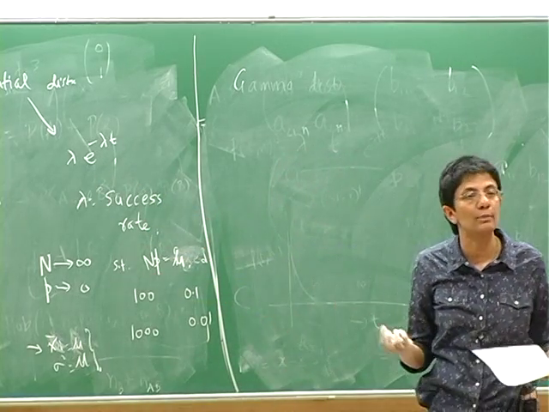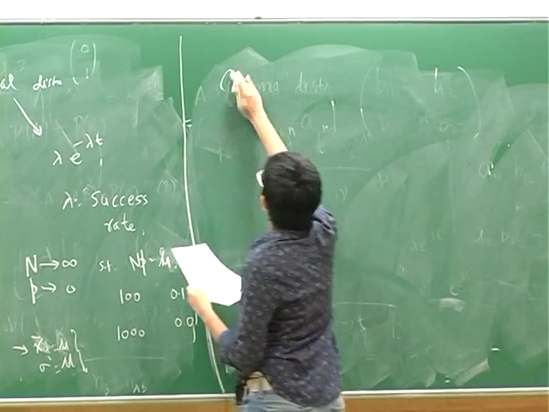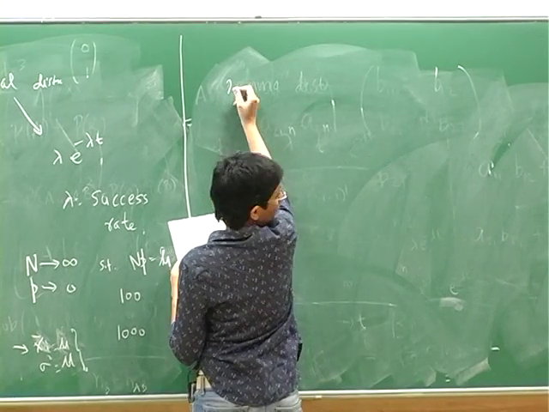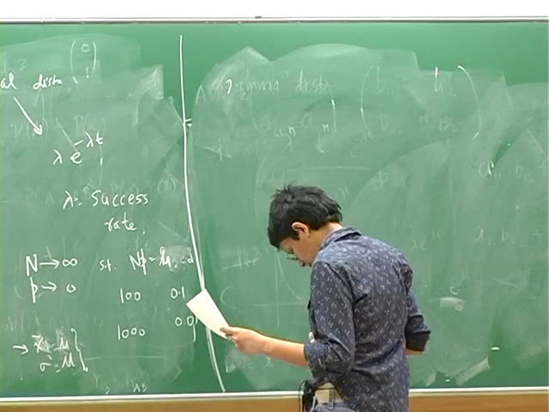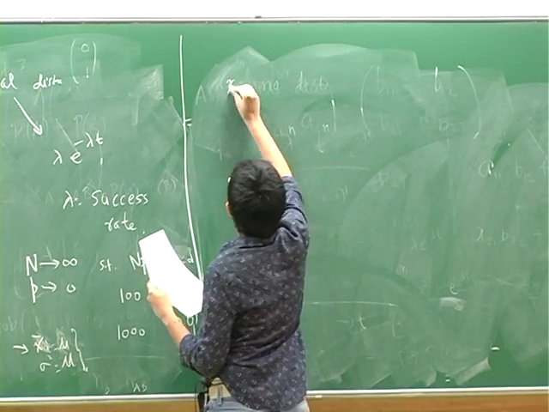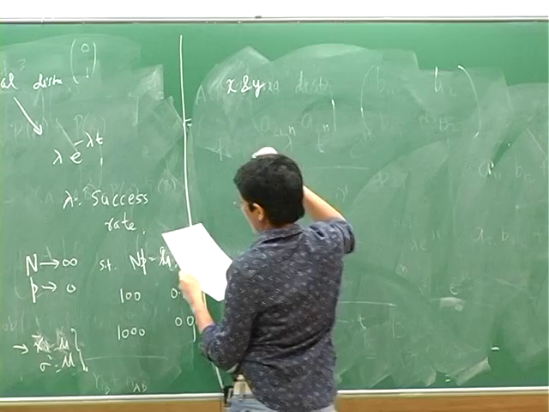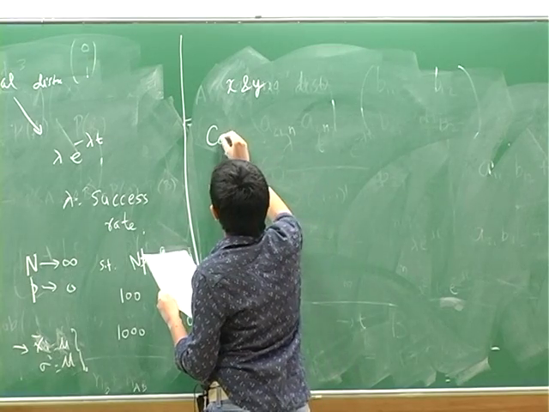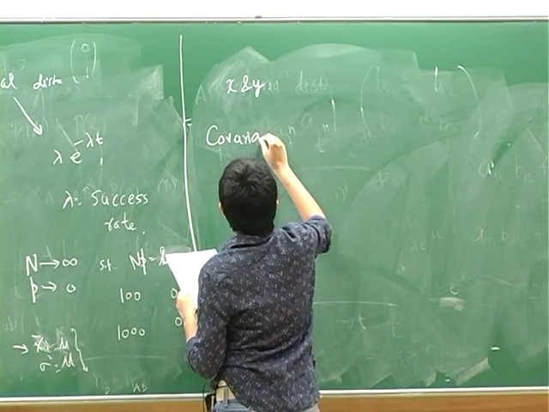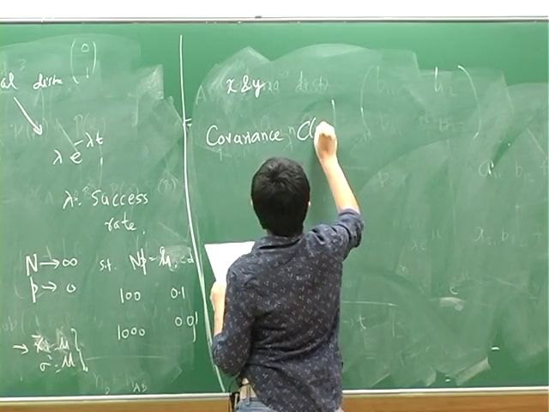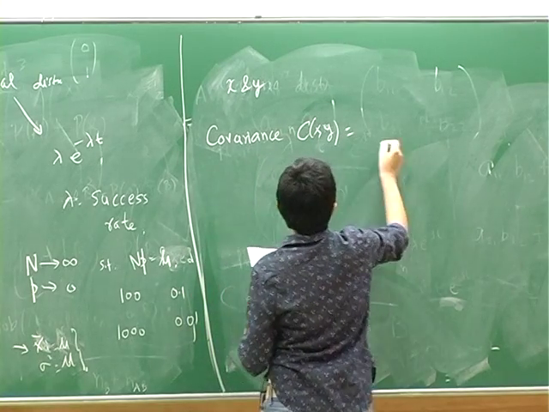Suppose now I have two variables, x and y. Two random variables, x and y. So the covariance of x and y is defined as